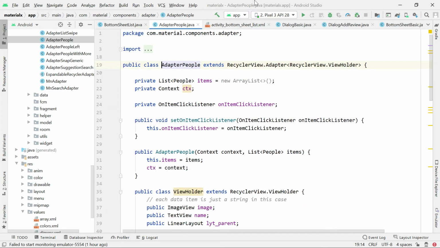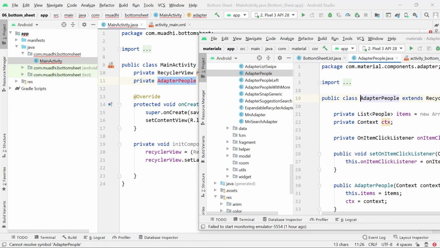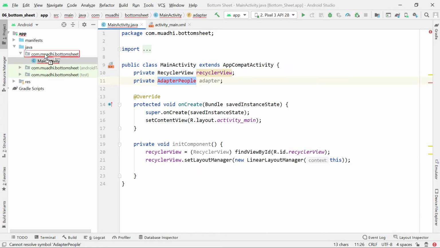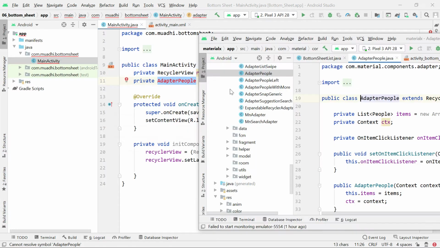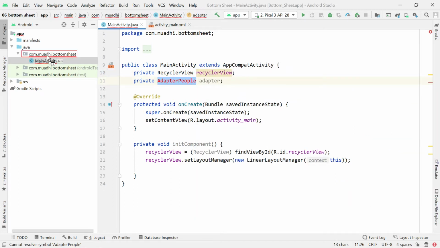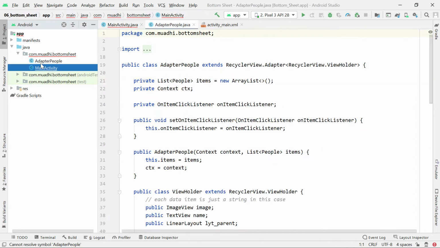We already discussed this recycler view, so no need to waste too much time there. So drag and drop it, but I'll explain why it's necessary. To drag and drop your code, just get it from another project, press Ctrl and drag and drop it to the package that you want. So I put it there, and then I name it, and then it's okay. So it will be there.